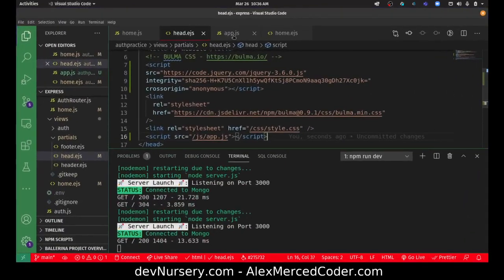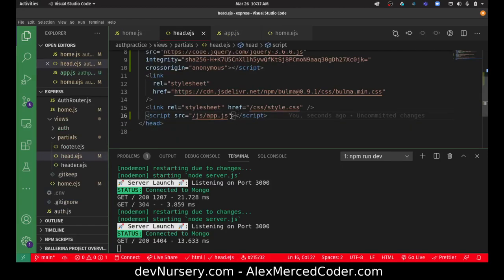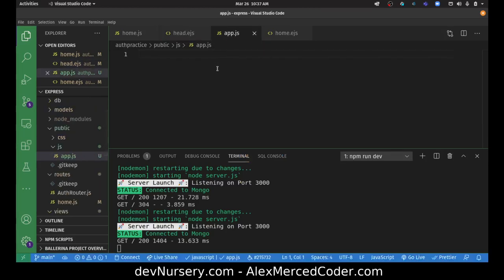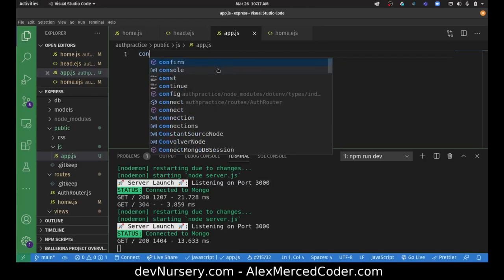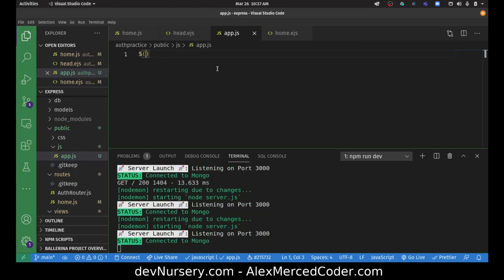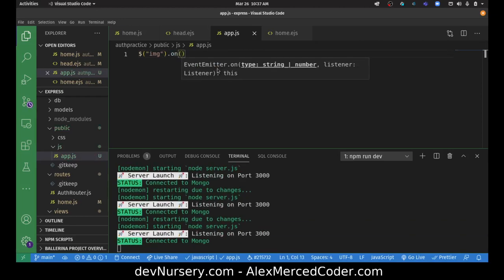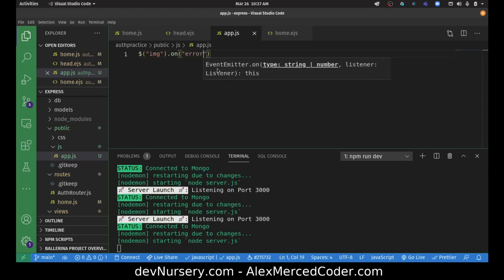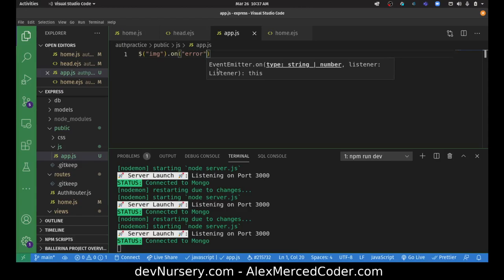Okay, so now we can actually put some code in the app.js, but I should probably put a defer keyword in that script tag, or else it's not going to work. So defer. Okay, now I go to my app.js, and what I'm going to do is select all image tags. So actually we'll just do $, the jQuery function, and then I'm going to query all image tags, and then I'm going to add an event listener and just say, hey, whenever there's an error, so it's the error event, onError. If there's an error event,